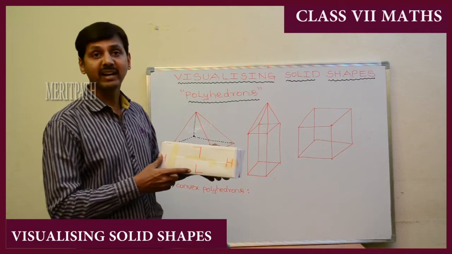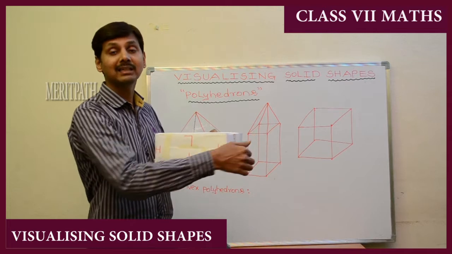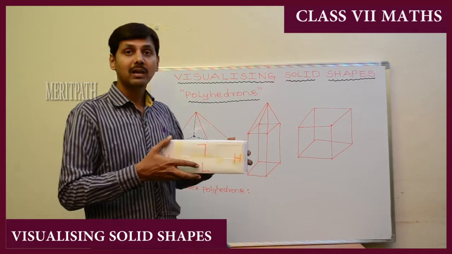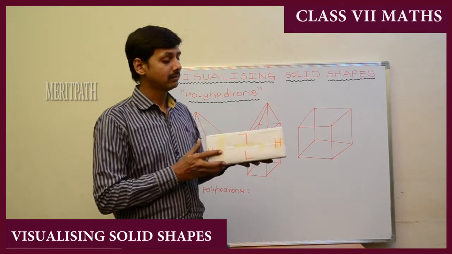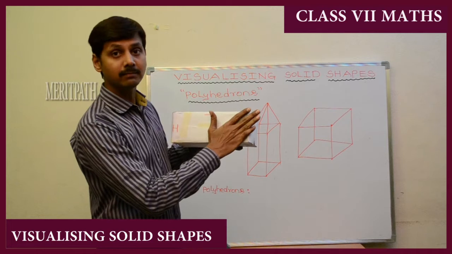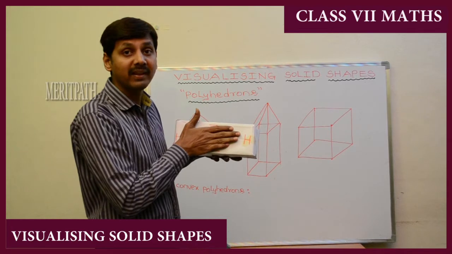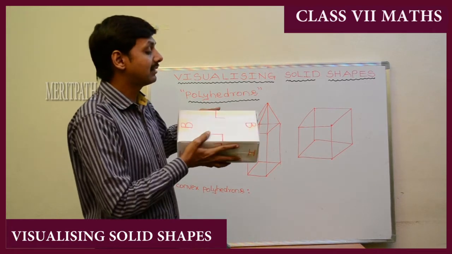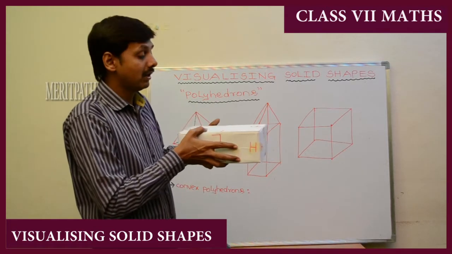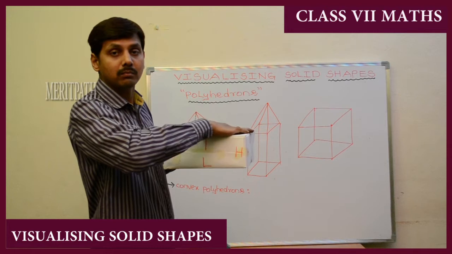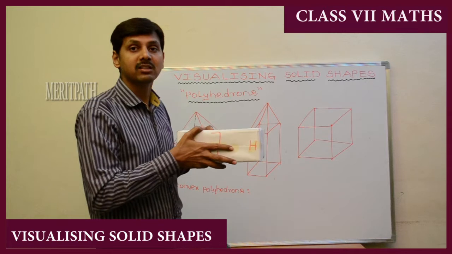So let's take this cuboidal box. It has three dimensions, length, breadth and height. Let's find out how many faces it has. This surface is called a face. One surface, one side we take, is called a face, and on either side of it we have another surface. In a similar manner, we take the bottom and top.